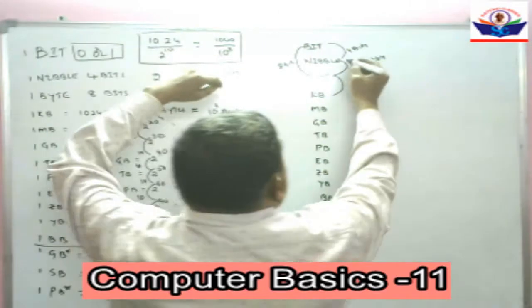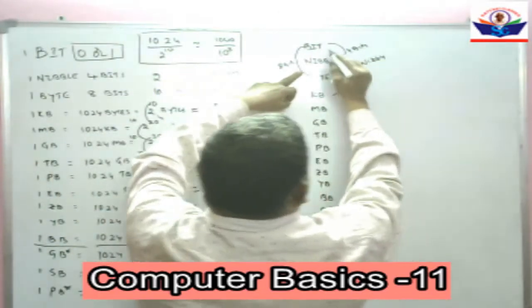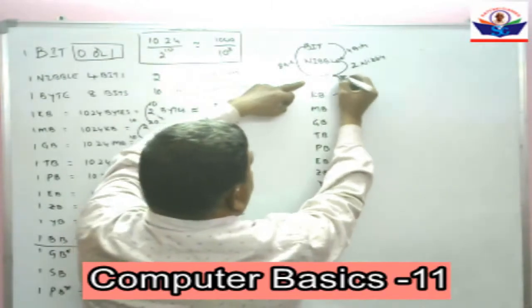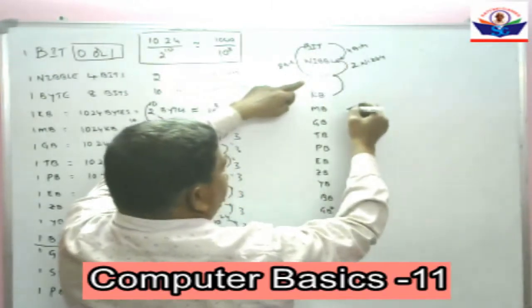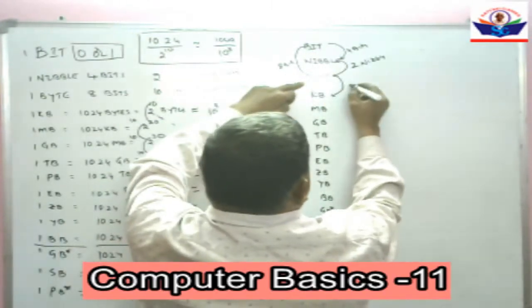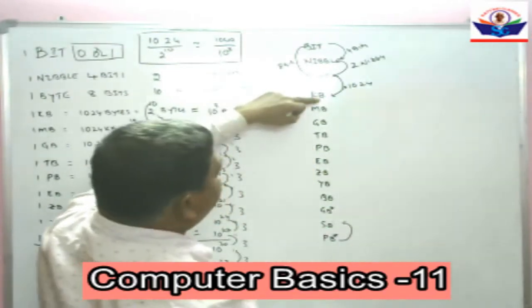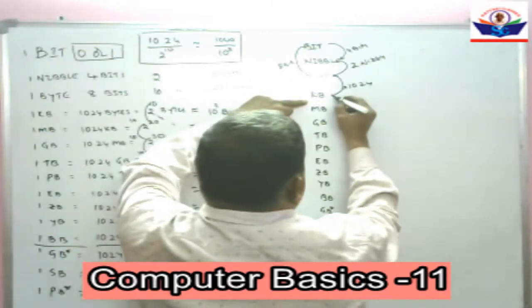4 bits is equal to a nibble. 2 nibbles is equal to a byte. 8 bits is equal to a byte. 1024 bytes is equal to a KB. Okay, now